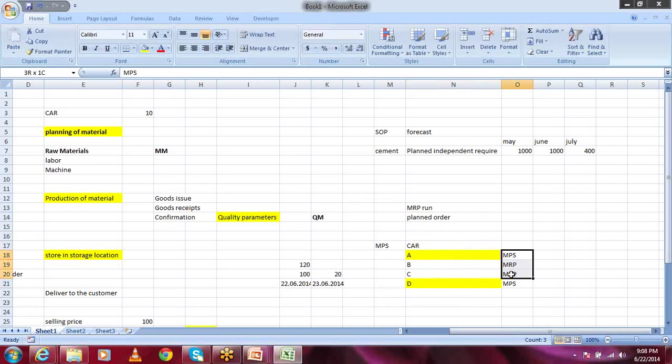This is differentiated by your MRP type. I understand that. When do you need to run both MPS and MRP for this car? We have to run both. If you run MPS for the car, it won't plan B and C. But without B and C you cannot manufacture the car. So again you need to execute MRP for this car, and this time the system will plan only B and C.